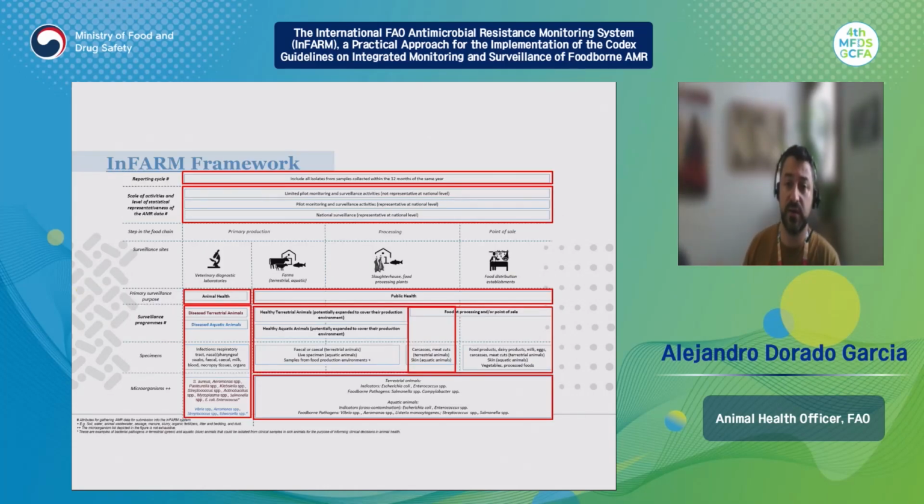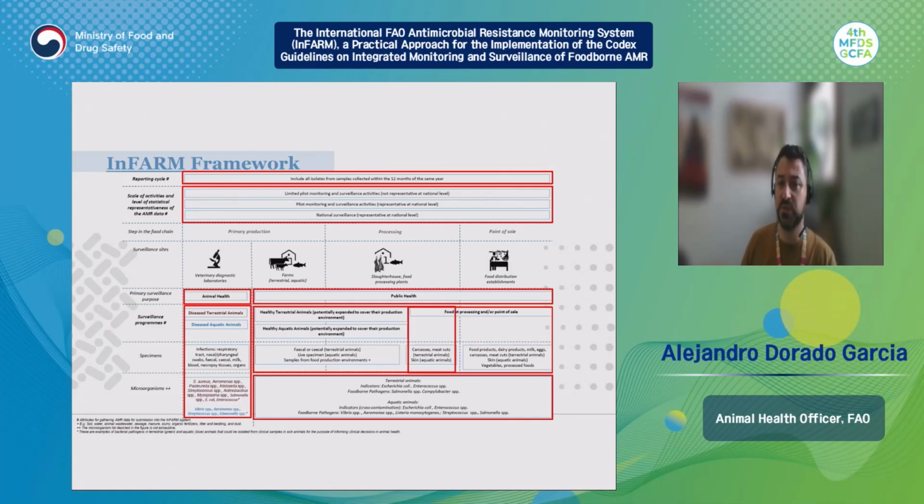The INFAM system and its IT platform operate under a framework to accommodate the varying levels of development and implementation of activities across countries, and also to gather antimicrobial resistance data from a comprehensive range of microorganisms and associated specimens, covering all the surveillance programs in animals and food. The INFAM framework is aiming at supporting and harmonizing the process of obtaining information at the national level and also collating AMR data in animals and food in specific and individual AMR data files.